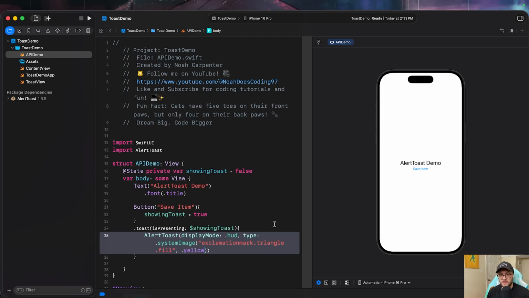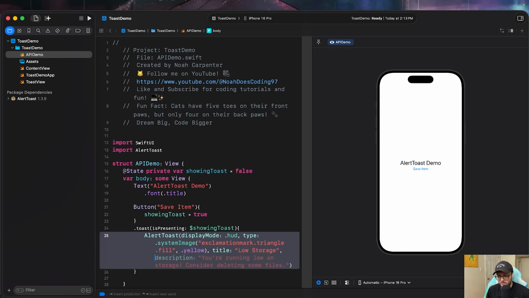Okay, so this is going to be a HUD, and we're going to have a little thing that comes up from the top, and we can see there's a little error. If we want to also include a title with this one, probably a good idea. And we can say, you know, low storage. There we go, low storage. Oh, if I could spell straight storage. We can add a comma, and we can even add a subtitle, maybe delete photos or something. So when we pop it up, we get that little subtitle that pops up underneath. There's tons of different things that you can do with this really lightweight API. Would recommend. If we didn't want to do HUD and we wanted to have it be more of an alert,